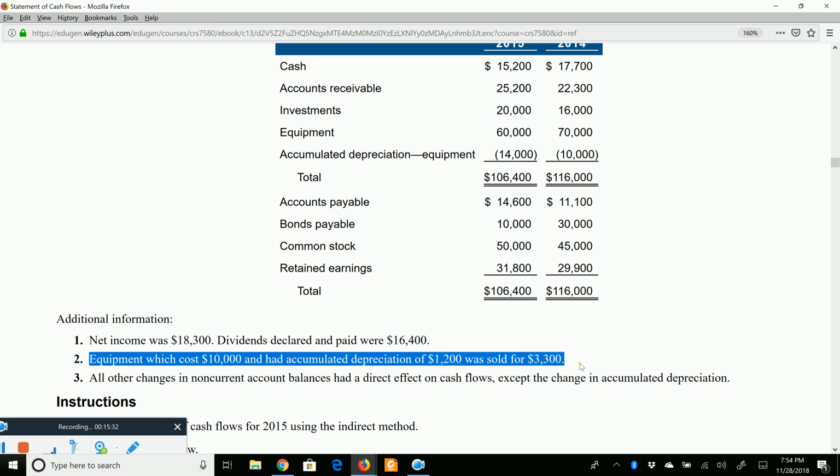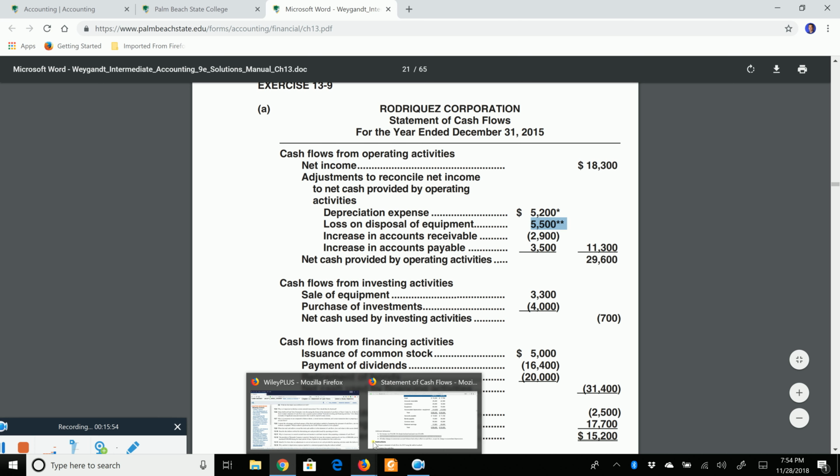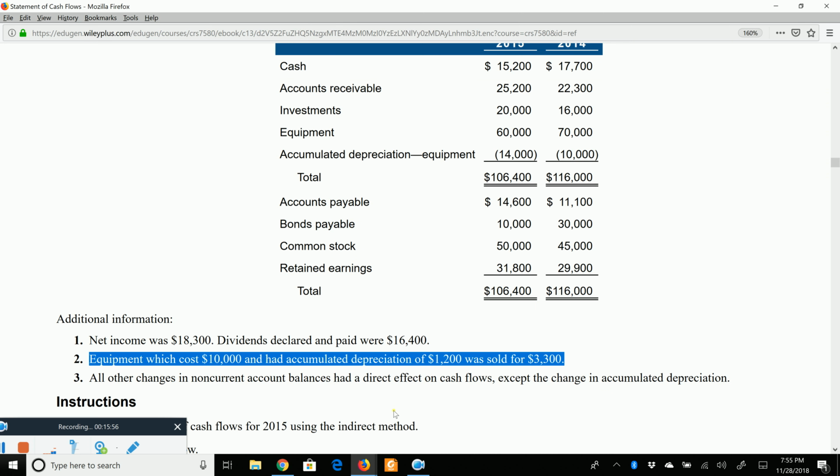Well, the difference of the book value of $8,800 and the cash price of $3,300, the difference is a gain or a loss. In this case, it's a loss because we sold it for $5,500 less than its book value. That loss is going to be added back. Okay, so after we take into consideration the non-cash expenses and the gains and the losses on the income statement,